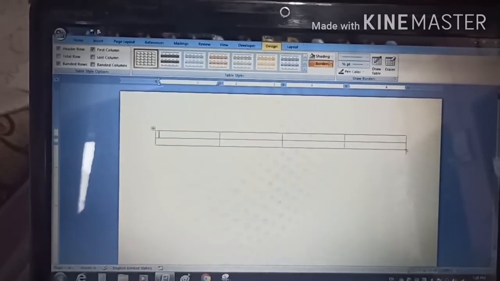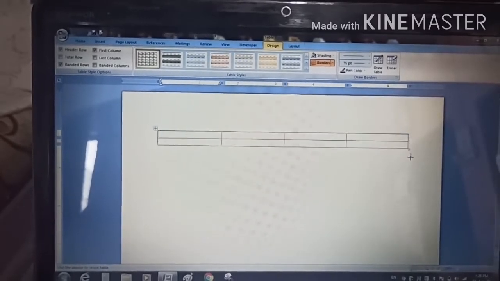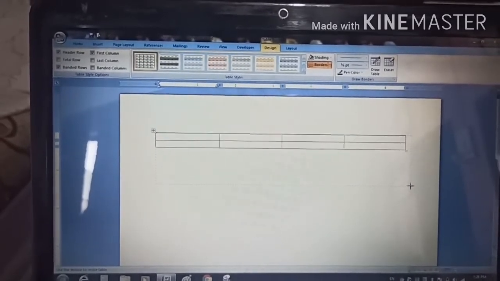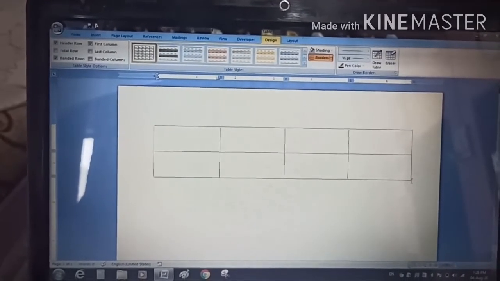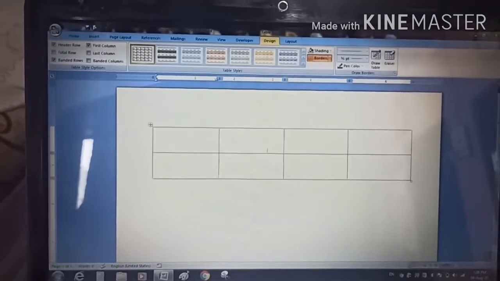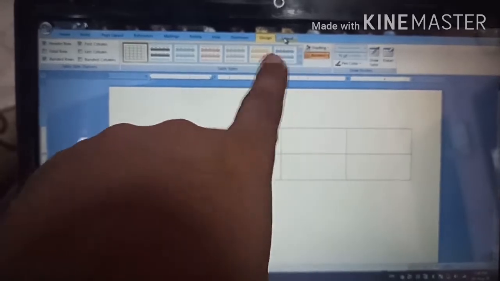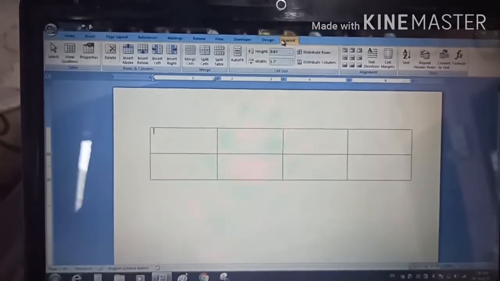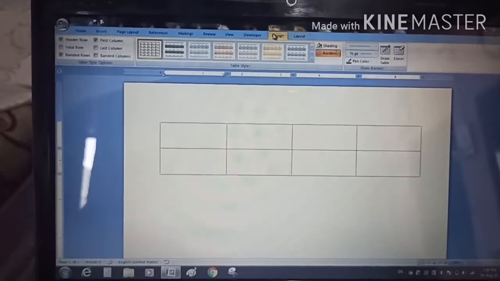From the right bottom corner we can resize the table. Just drag from here. You can see here we can increase or decrease the size of the table. When we insert the table, two tabs, namely Design and Layout, are automatically inserted here. Design and Layout, both these tabs contain the options regarding the formatting of the table.